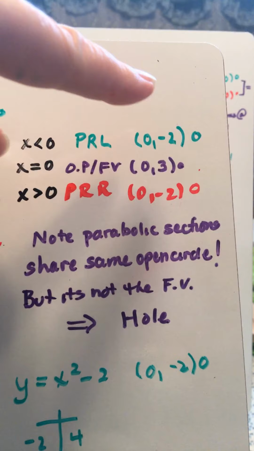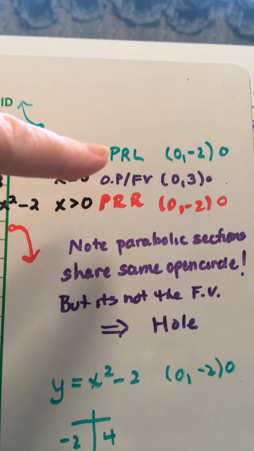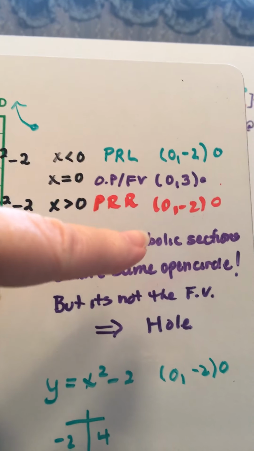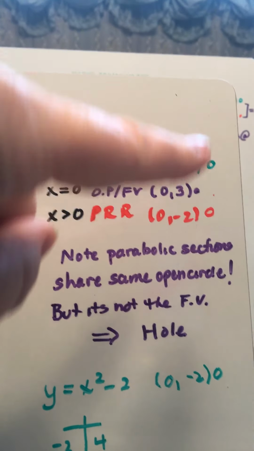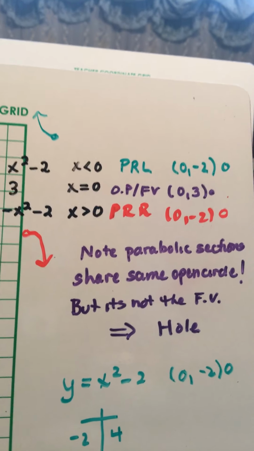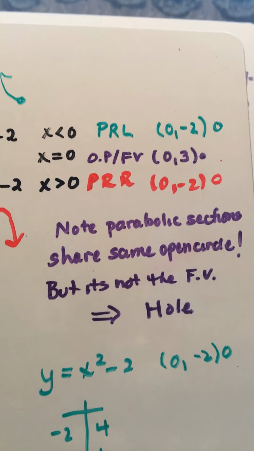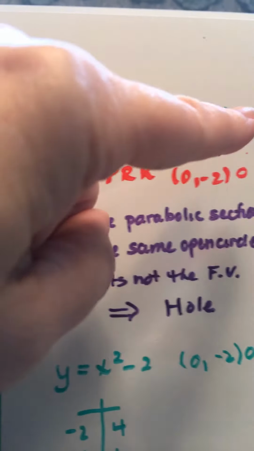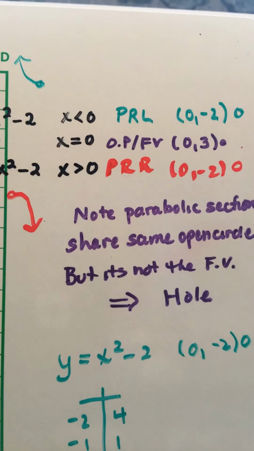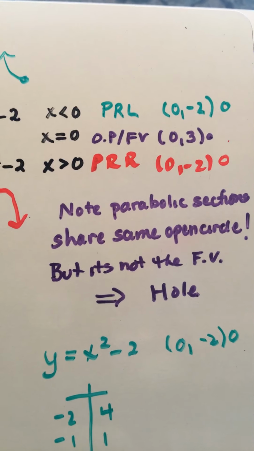Now notice the two parabolic sections, the parabolic ray left and the parabolic ray right, each go to the same point, so they're going to connect, but it's going to be an open circle. So the function value 3 is not shared with that,